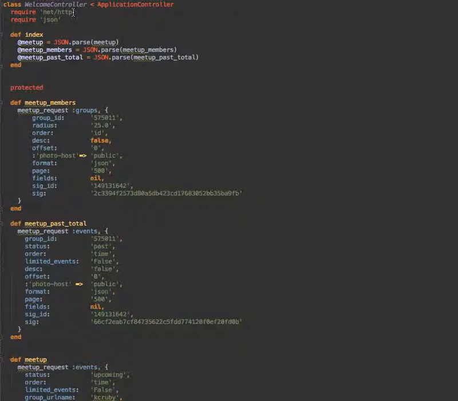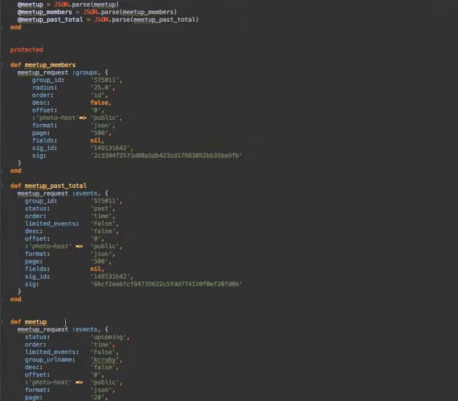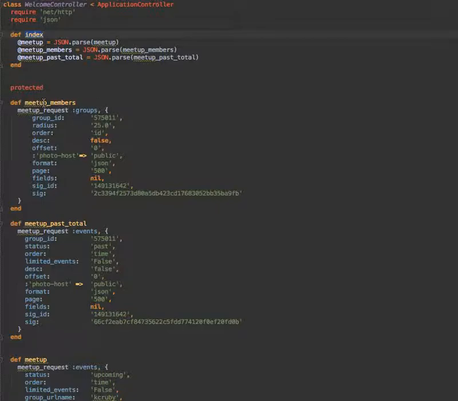The action is implemented by the controller. Well, the only action that's in this controller is this index action. Everything else, in fact, these methods here, Meetup members, Meetup pass total, and Meetup, they're all just methods that are used by this thing. So we've got kind of a big fat controller that's not really acting like a controller.